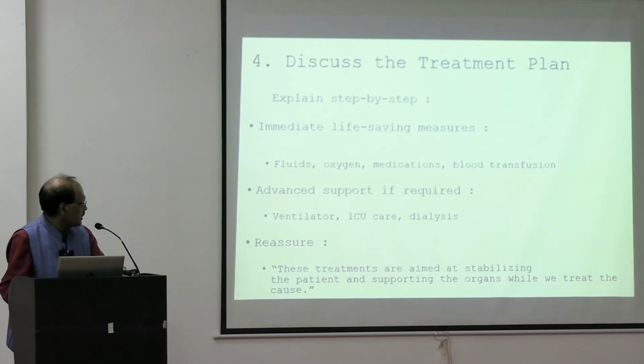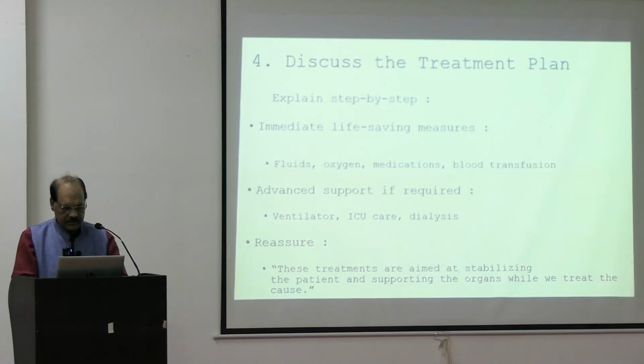Then advanced support if required. You should tell them about the advanced support which is required. Maybe consent is needed from them, like a ventilator, ICU care, and dialysis may be needed in some patients. You should tell them that these are the things we may need, like ventilator, ICU care, dialysis, etc. Then after telling it, you should reassure them